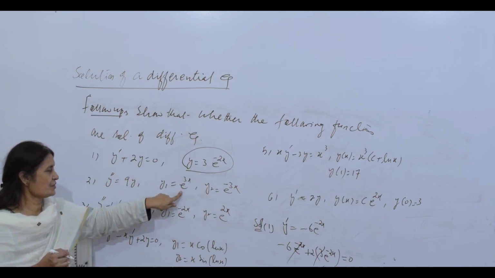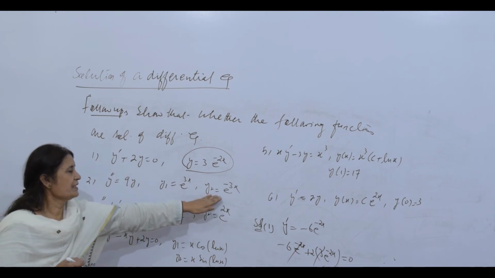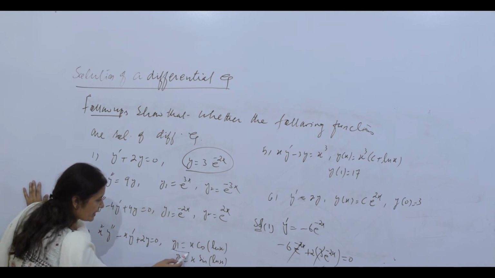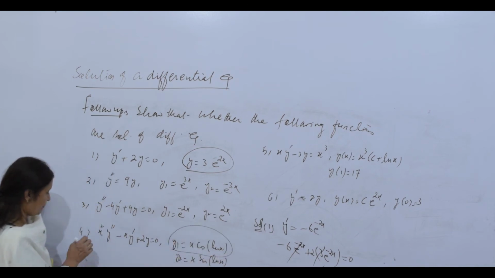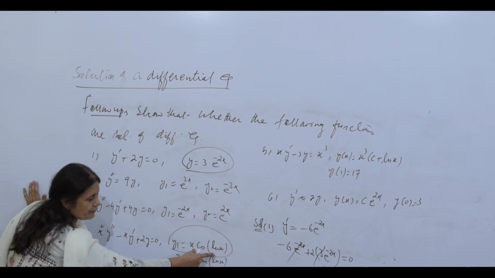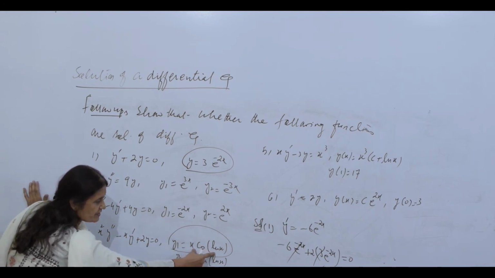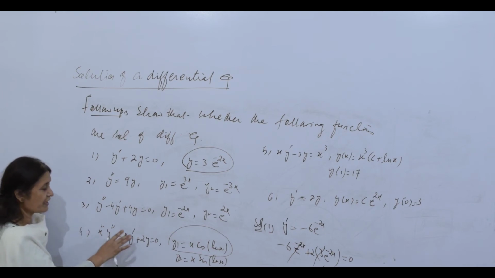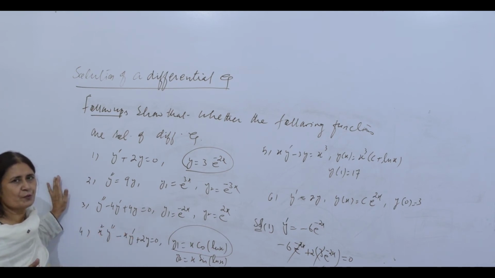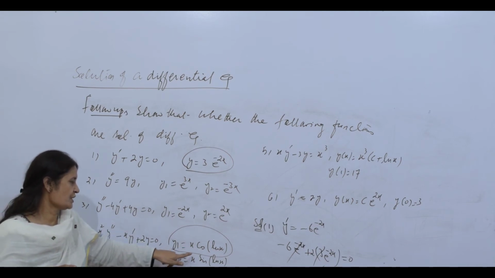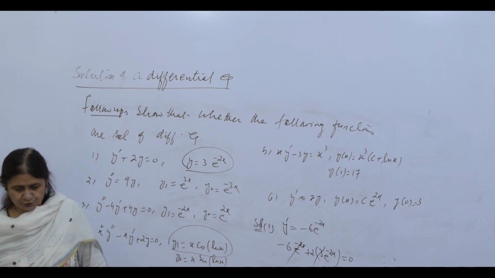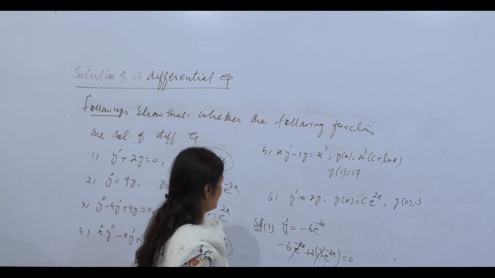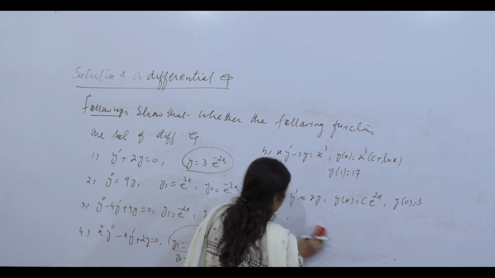Similarly, you can check side by side whether this function is a solution. Similarly, these two functions are given, this and this. Put the first derivative by product rule and then the second derivative, putting the values here with x as it is and x square as it is, simplify and see whether your equation is 0. If 0, then this function is a solution. Let me have one with the initial condition. Let me grab this.